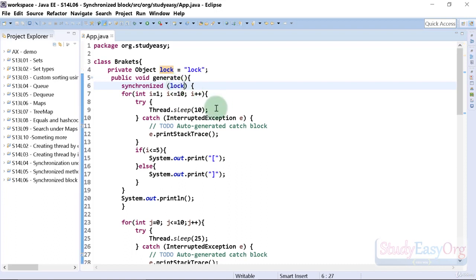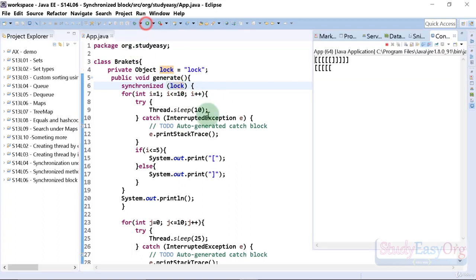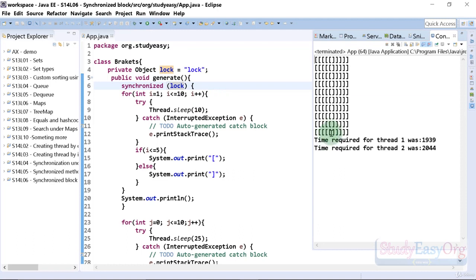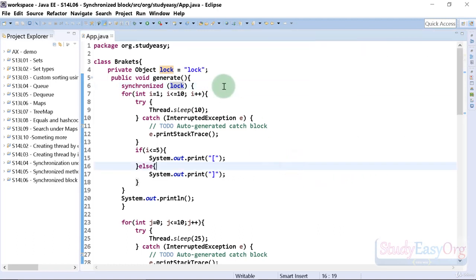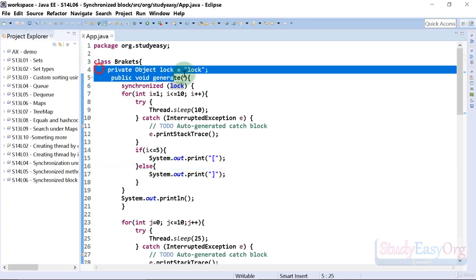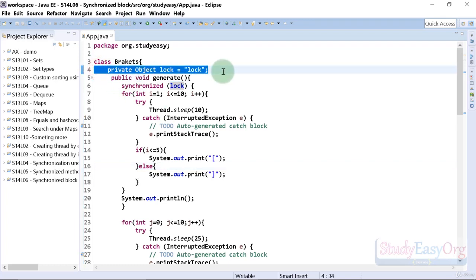Now the impact of this change would be nothing on the program. The time required would be same, the overall mechanism would be same, but this is a recommended thing because this lock is now totally hidden from the outside world and no one would be able to modify this lock explicitly. So this is one thing which is very good, and this is a lock, so we need not worry about the getters and setters for the lock,